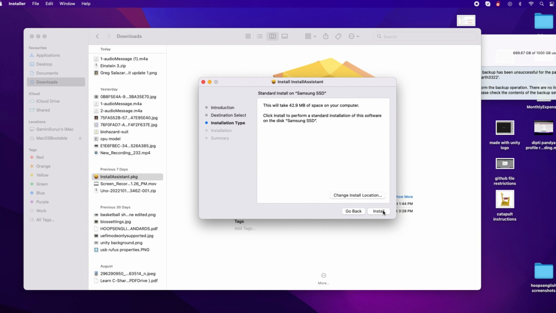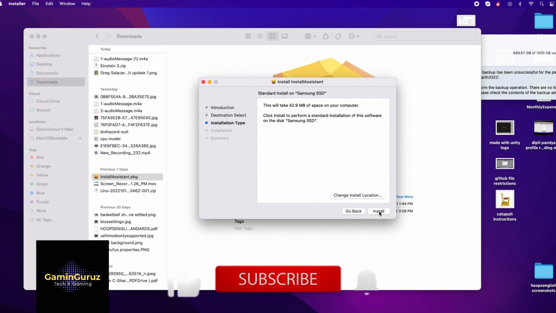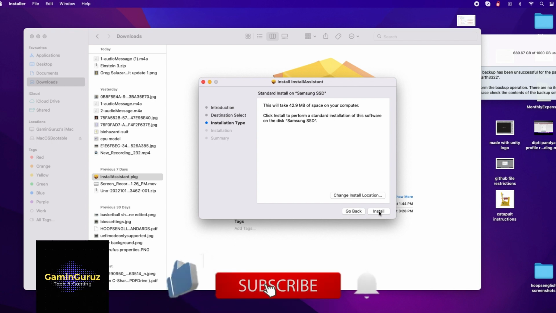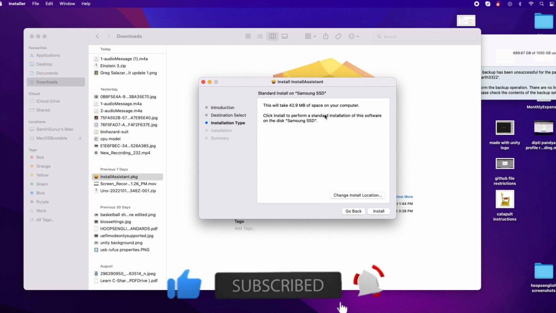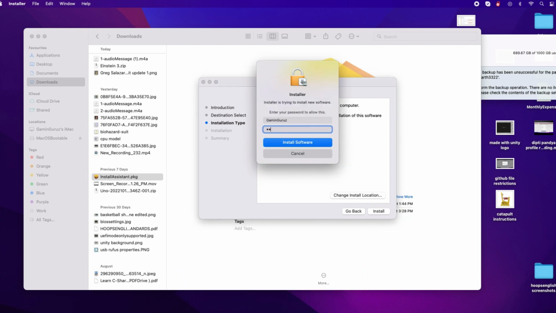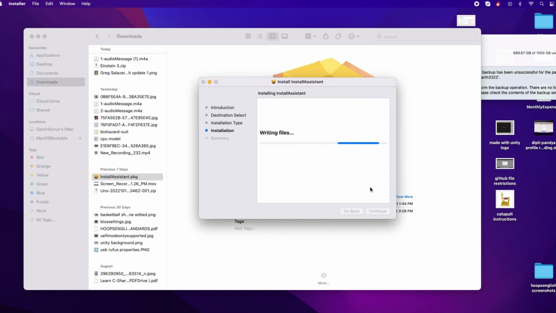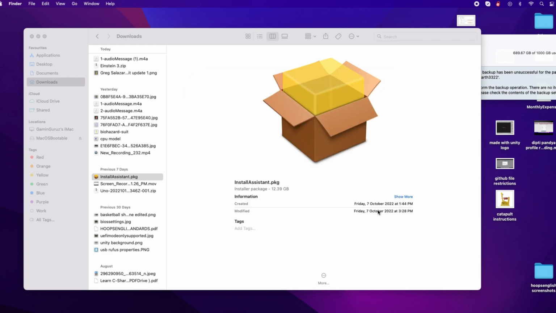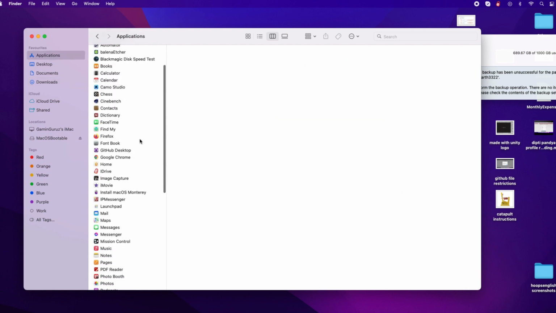Click on continue and at last click on the install button. After the installation process is complete, click on the close button. This installation has placed the install Mac OS Ventura file within the application folder, and this is the actual file